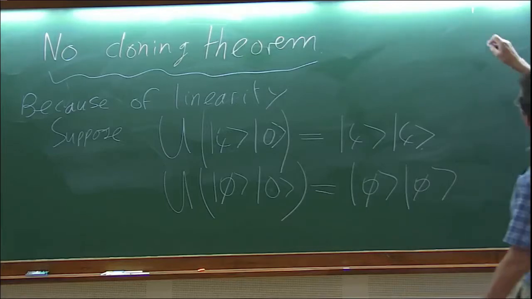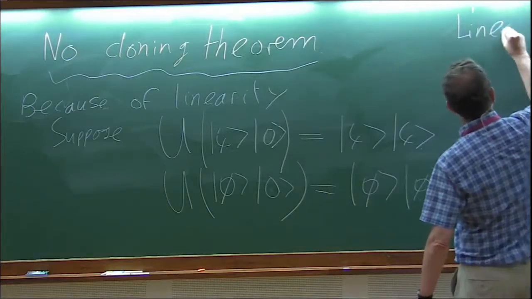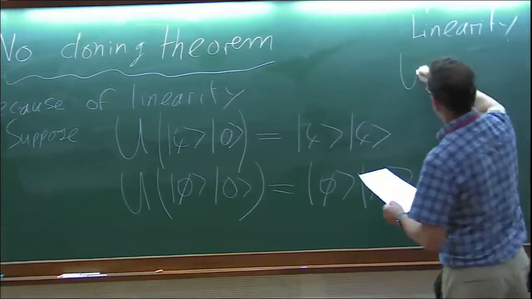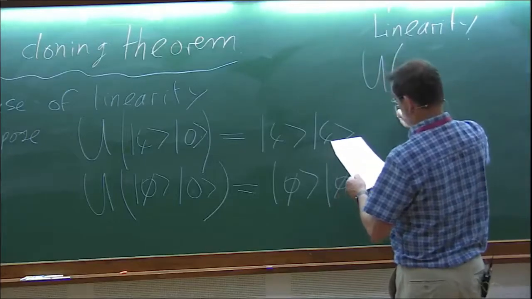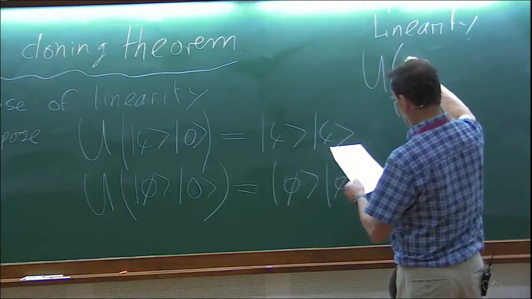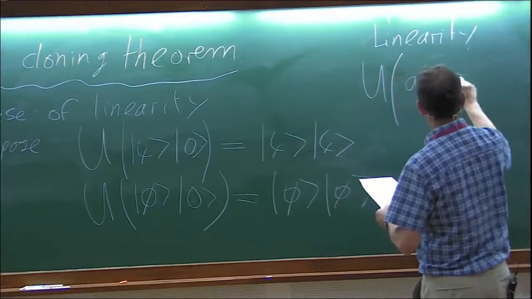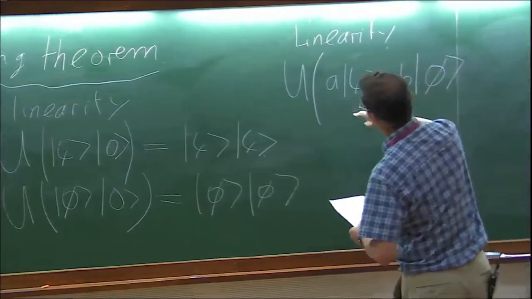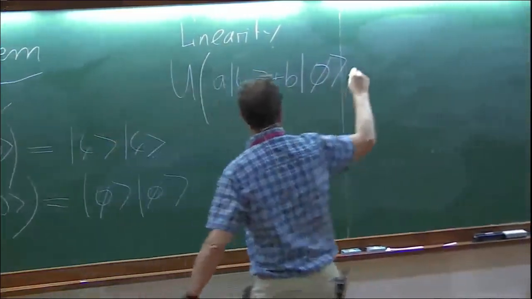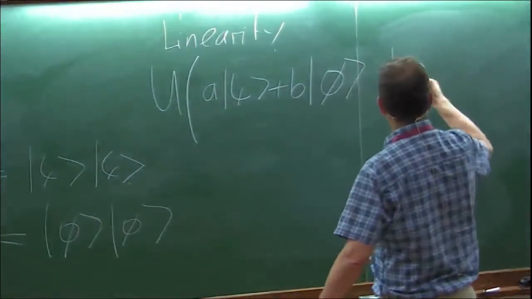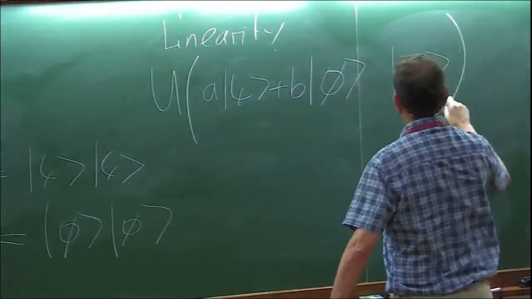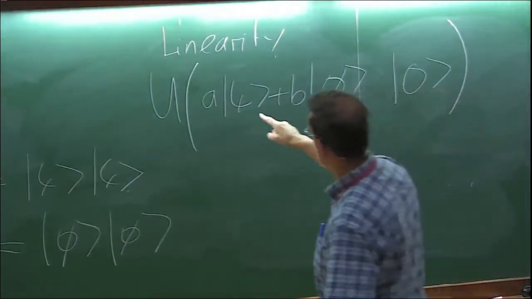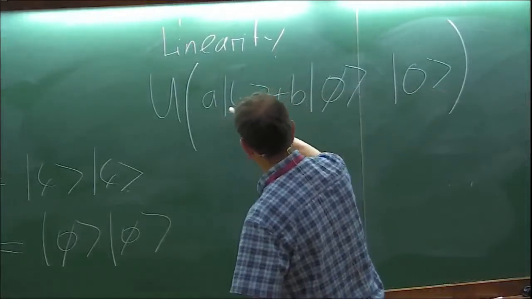So then, if we form a linear combination, this operator acting with the initial state is, say, A psi plus B phi. And we want to copy this into some register initialized to 0, then because of linearity,